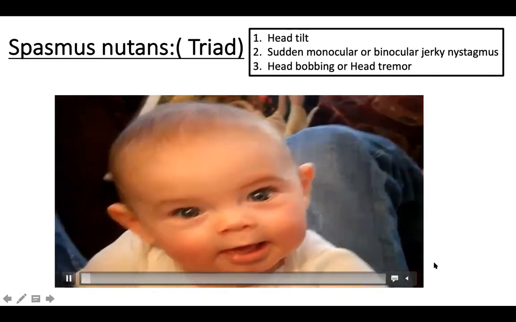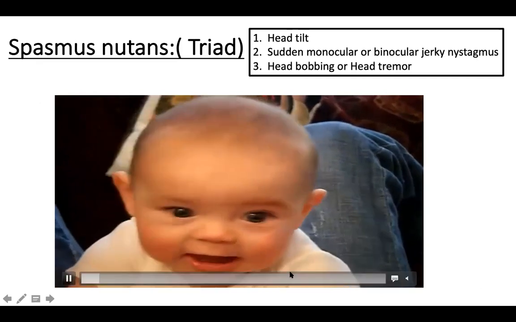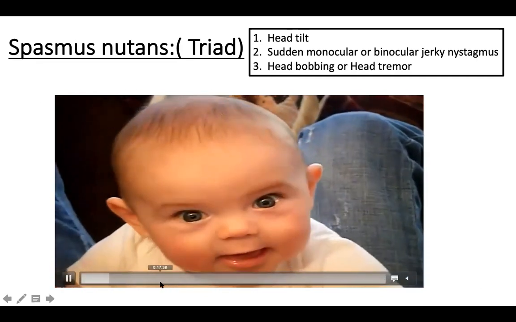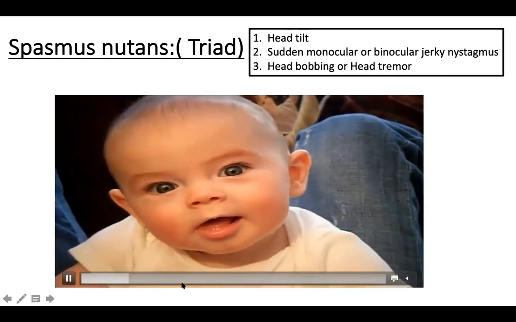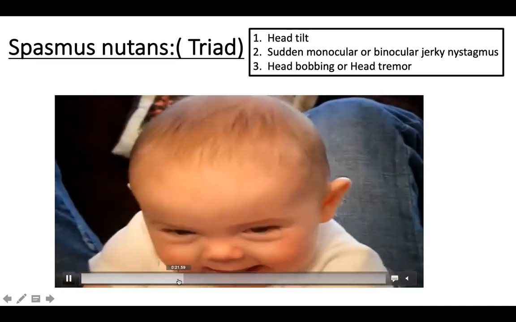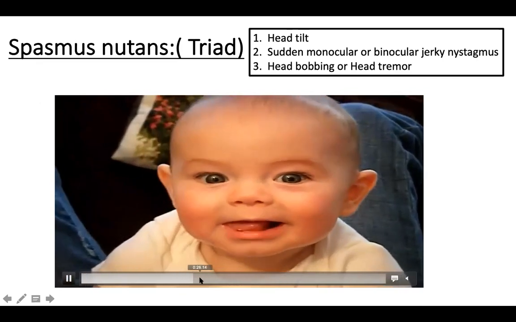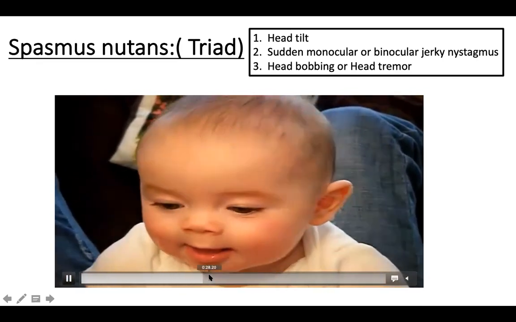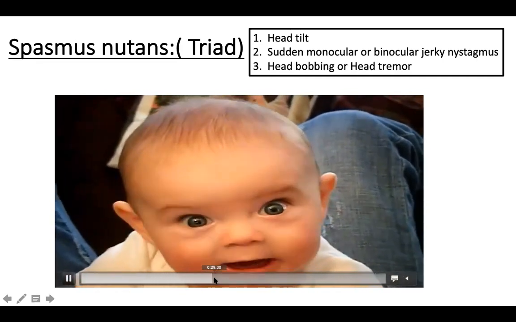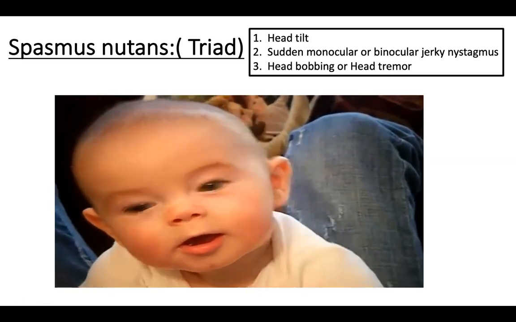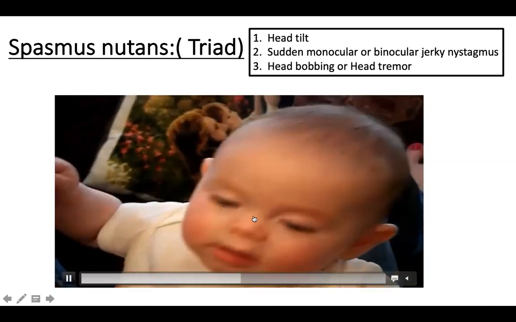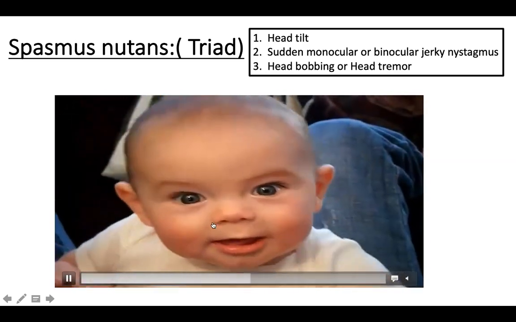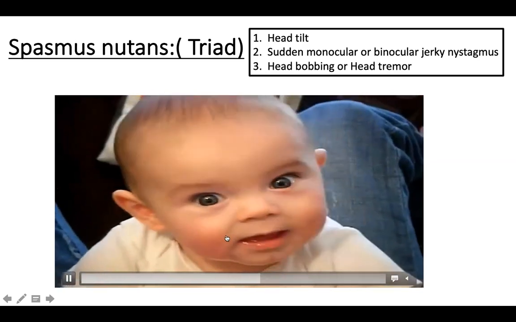So this is a child who would have a very rapid eye movement with a sudden head tilt. It would just come. This child is otherwise a normally developing child. You can observe now, it will come. We will have a sudden head tilt with rapid eye movements. Let me see where it comes.